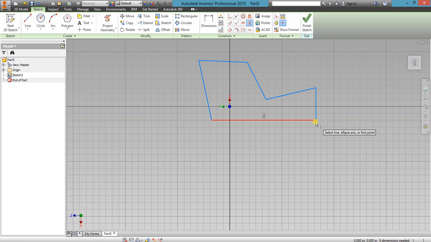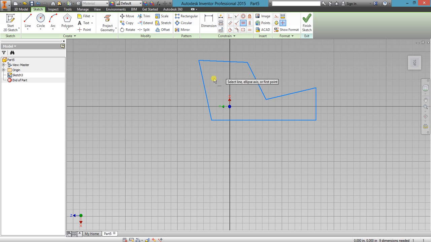You may be wondering that when I selected vertical, this line should have been vertical, but you should always keep in mind the view you have selected. You can see here the top view says this is the x-axis and this is the y-axis. Hence this is actually vertical and this is horizontal.